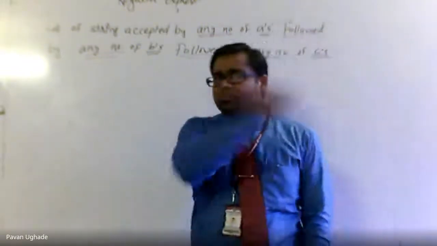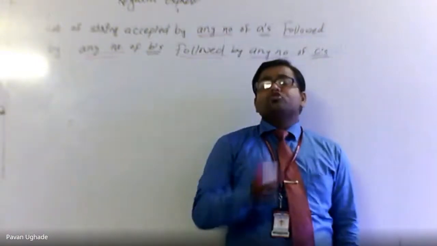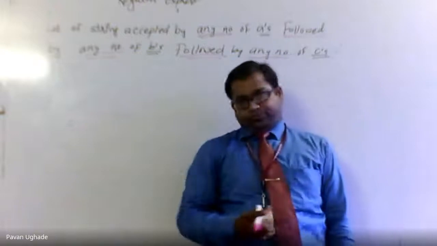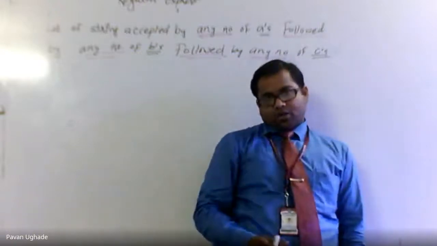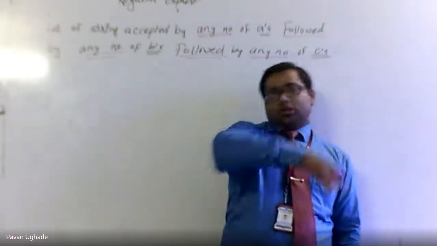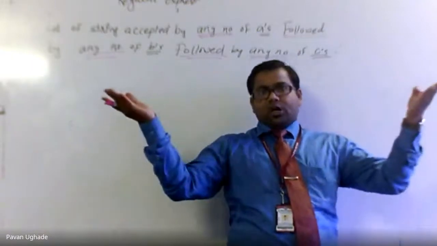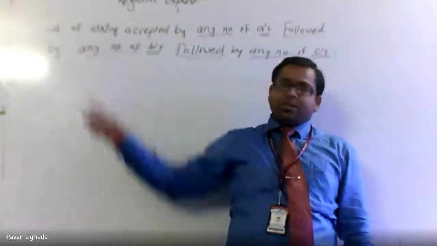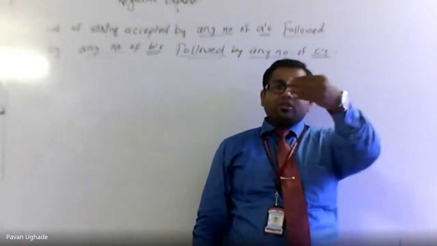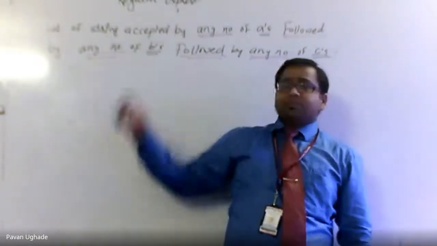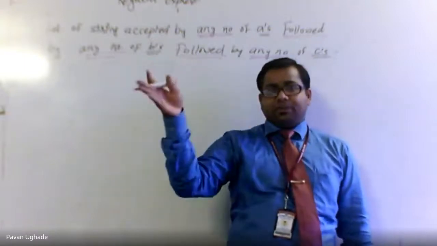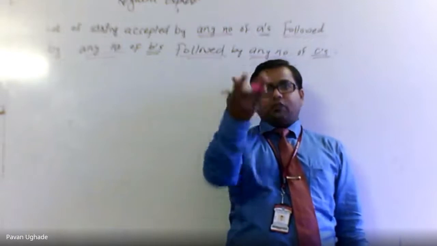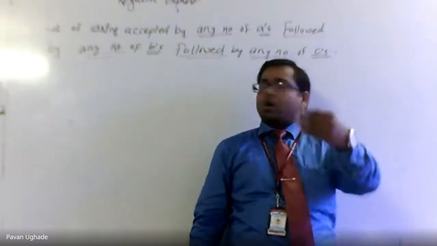Whenever there is a followed by concept, it is telling about serial combination. If it would have been "or," it would have been the parallel combination. So these are the certain keywords in the question that you have to find out and understand. As it is followed by, we have seen A dot B, B's are following A. That is how we can represent it.